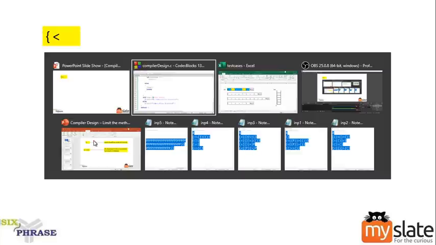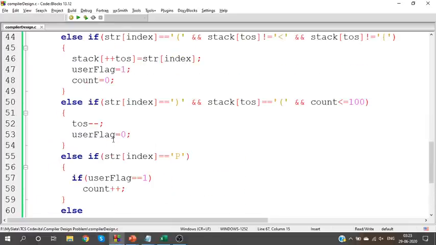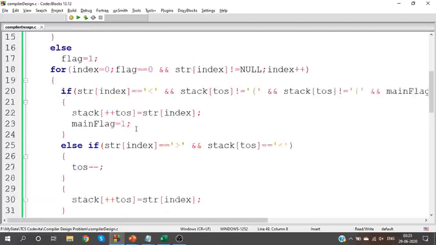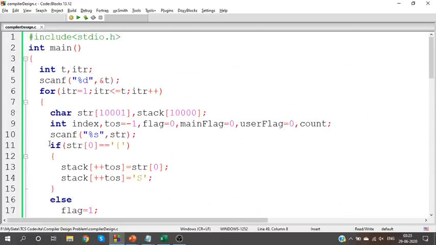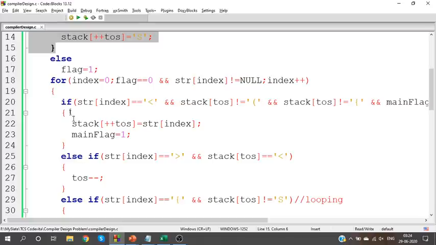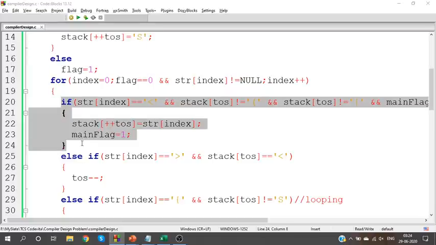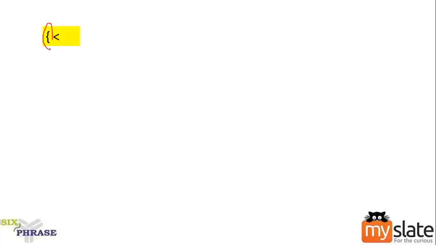If I have two open brackets, shall I check what happens for this program? When we have two open brackets, for the curly bracket, first open bracket, we will push it inside the stack. Then we have an angular bracket, we will push it inside the stack, right? After the curly bracket and after the angular bracket, we'll end up with null character. When I see a null character, I'll stop. So flag value will be 0 itself, which means our program will say no compilation errors, right?